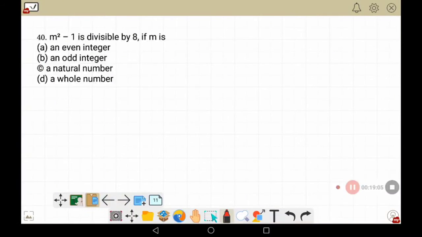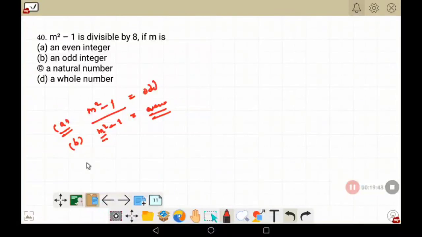Next, m square minus 1 is divisible by 8. तो क्वेश्चन says that m square minus 1 जो है वो 8 से डिविजिबल है. अगर m की वैल्यू आप इवन नंबर पुट कर लें, इसका स्क्वायर करते हैं, अगेन यू विल गेट एन इवन नंबर, और जब उसमें से 1 माइनस करेंगे यू विल गेट एन ऑड नंबर. Is that clear? तो फर्स्ट a में अगर आप सब्स्टिट्यूट करके वैल्यू पुट करते हैं तो आपको ऑड नंबर मिलेगा. b, अगर m की वैल्यू कोई ऑड इंटीजर पुट करते हैं तो ऑड का स्क्वायर भी एक ऑड नंबर होता है. सो m square minus 1, जब ऑड का स्क्वायर एक ऑड नंबर होगा और उसमें से 1 सेपरेट कर देंगे, यू विल गेट एन इवन नंबर.